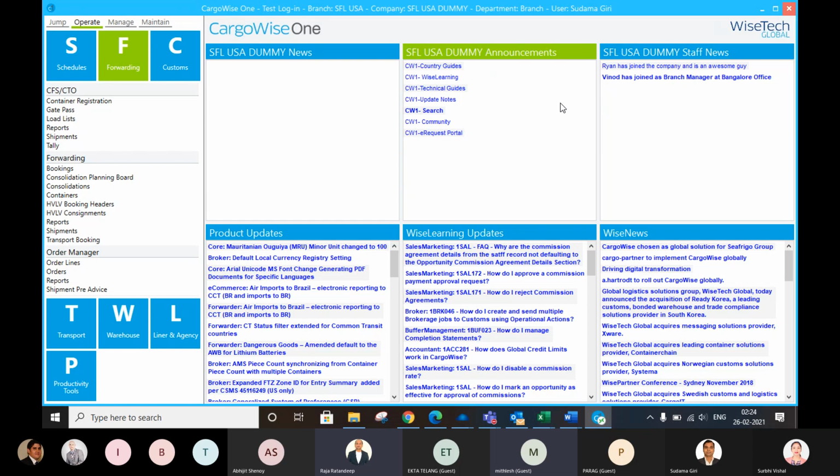It depends on how good the system they're using is, right? No, it doesn't depend on how good the system is. It depends on the structure in which we are getting the data. Even if they provide Excel data, that Excel data can be converted and create a shipment inside CargoWise through the adapter. They can provide it in EDIFACT or XML or Excel or CSV file, anything. So it's about how clean the data is that your agent is providing.